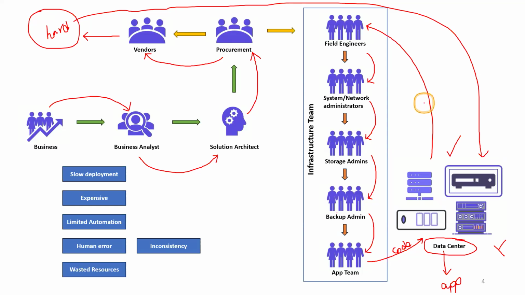It is also called underutilization of the compute resources. This is one of the major disadvantages, because these resources are very costly, but you are not using them fully. So that's the reason it is called underutilization, which leads to wasting the resources. So you have a slow deployment model, and it is expensive with limited automation. Human error is there, inconsistency in the environment, and wasted resources are also there. Due to these many disadvantages,